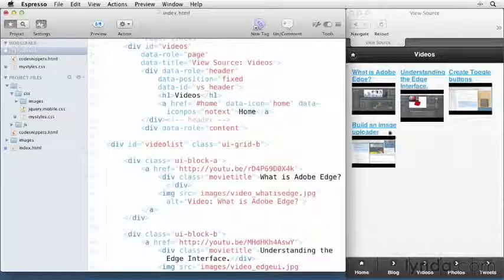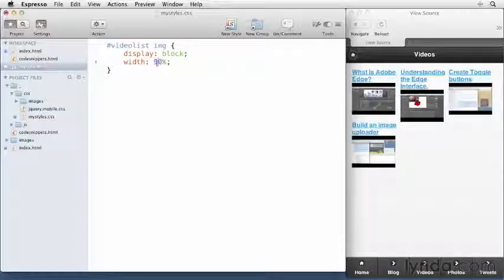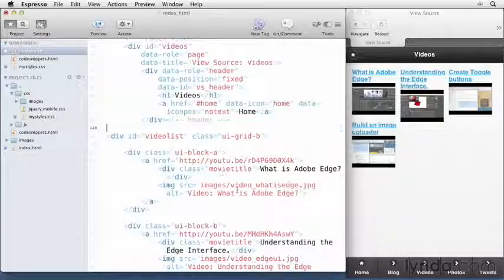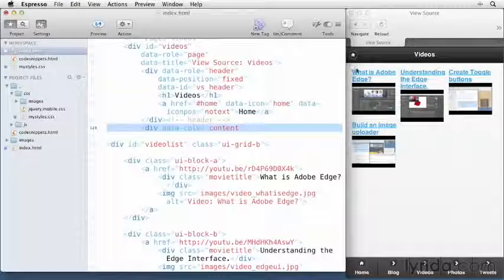Now, I told you that grids don't add any room to items. So I'm going to go to mystyles.css and I'll make that into 100. So it's not really taking any room in between, but you are noticing a little bit of padding outside. Let me redo that change to 90%. That space that you see on the outside is happening because we have a data role content area. So you could take that out and the grid will be flush to the container of the page. Or if this space is bothering you, you could overwrite that with CSS later. I'm going to leave it in,